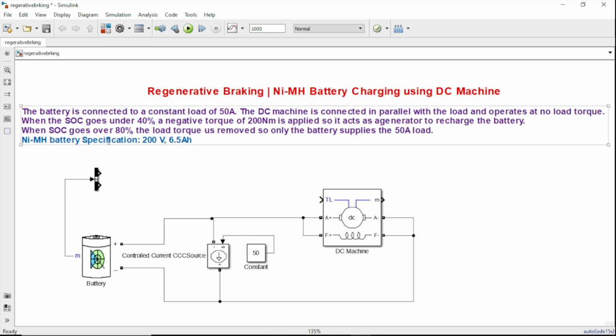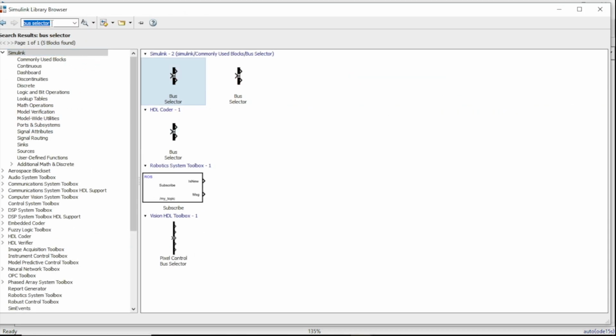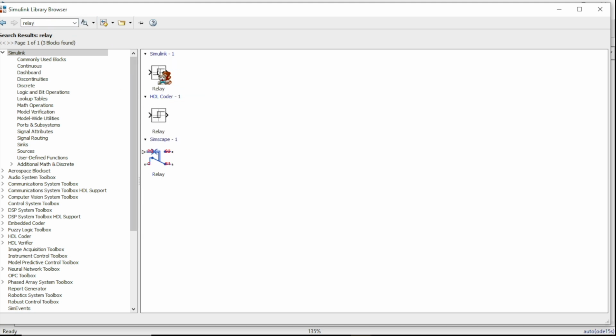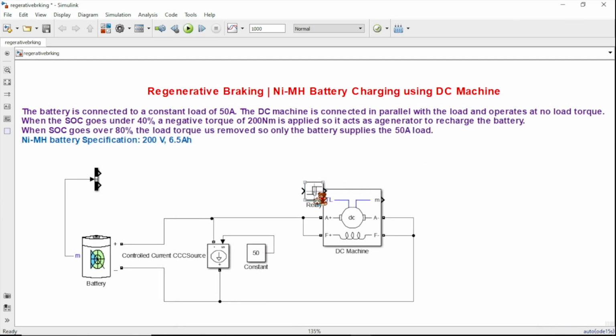Okay, so for that particular condition, here I am using the relay block. Here you can see, just search on it, relay block. Here you can see this is the relay. So in the relay I am taking the input as the SOC. Here I am using SOC in percentage, so here we are getting the original value, so that's why